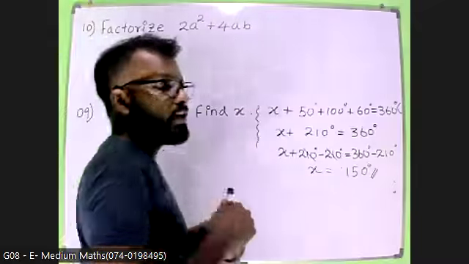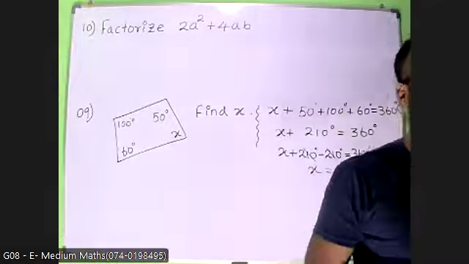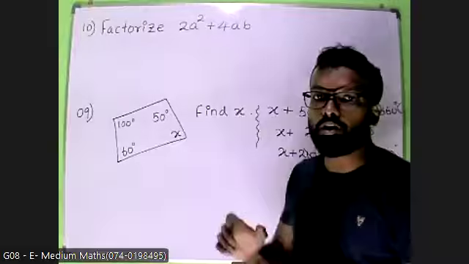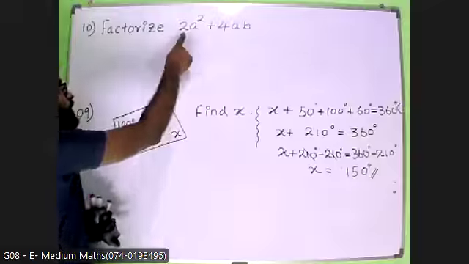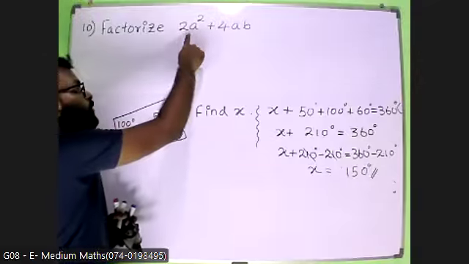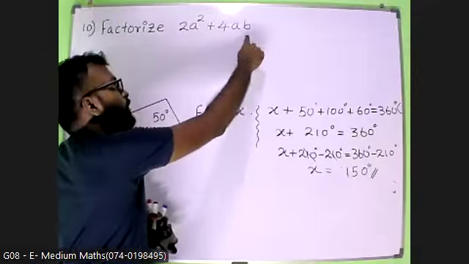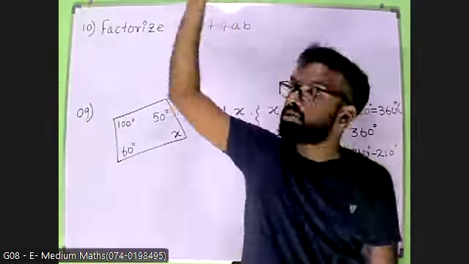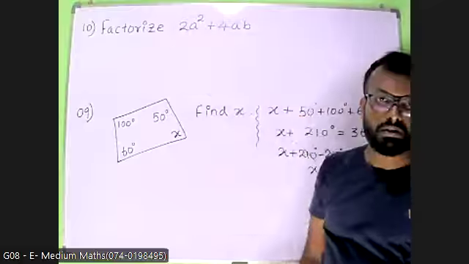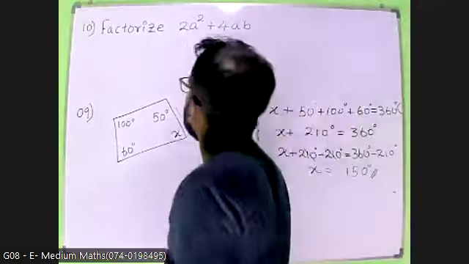So how do you factorize? When you are going to find the factors, you need to find which terms are common for this and which terms are common for this, right? So